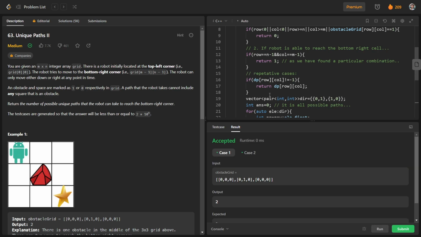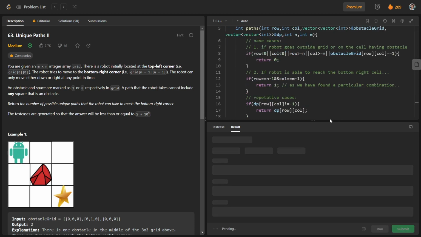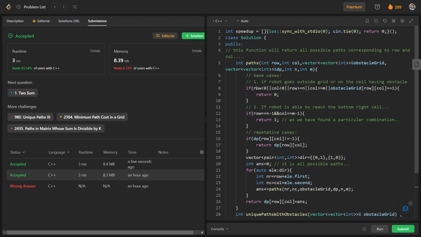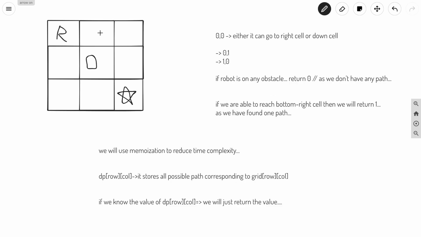You can see that the test cases are passing, and let us see for main cases. So all the cases are passing, and I will try to explain this code again. For each path we have two choices: we can go to the right side or we can go to the bottom cell.